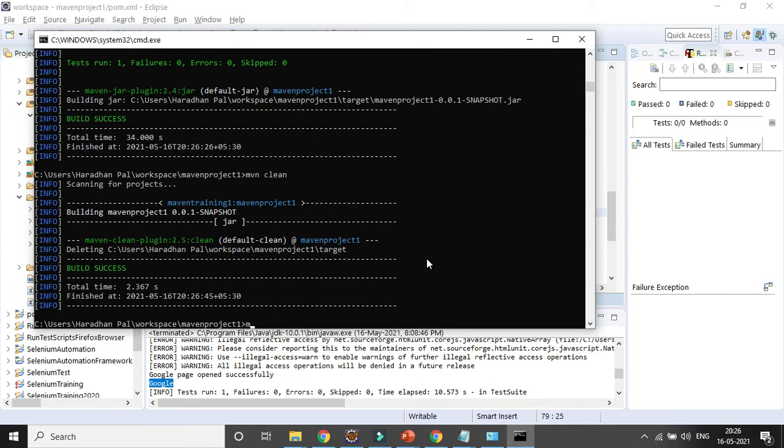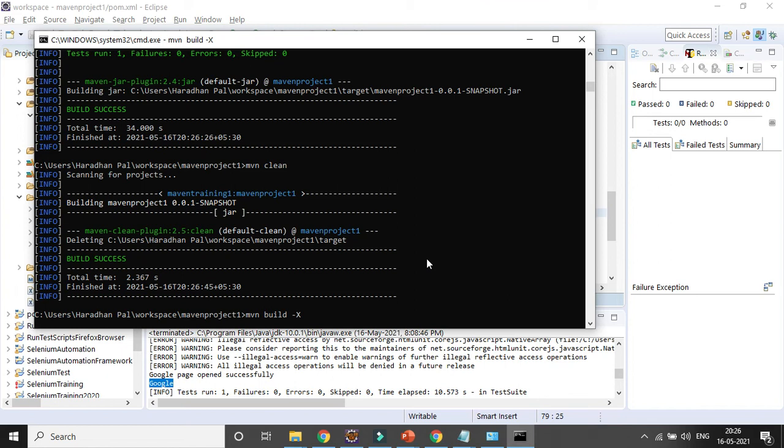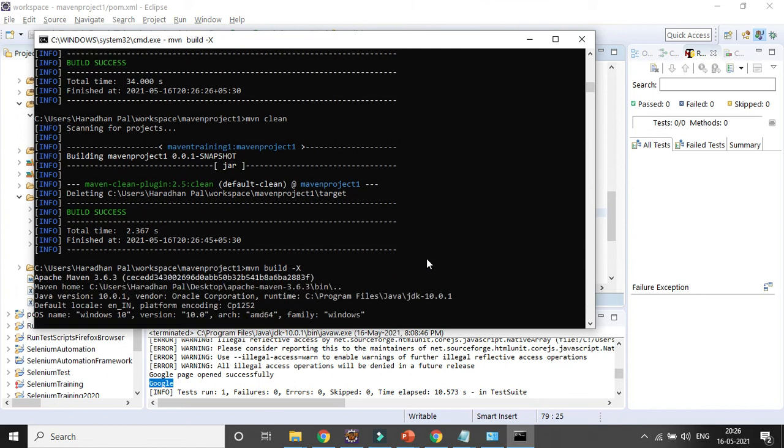Maven build -X. I'll be cancelling all the settings in case any setting is there. Then I will try to run it. I will be using Maven test.